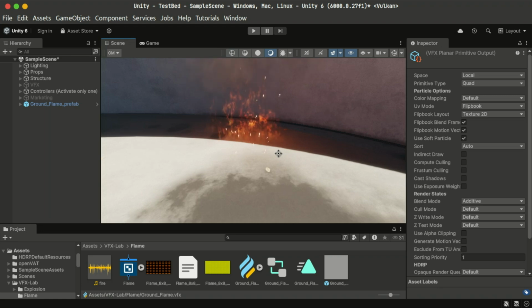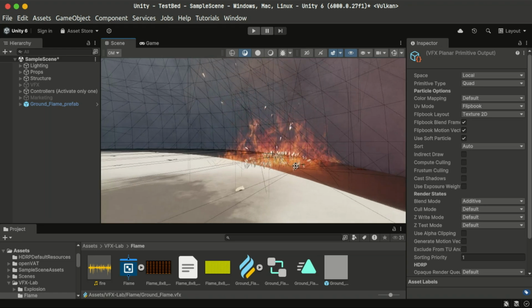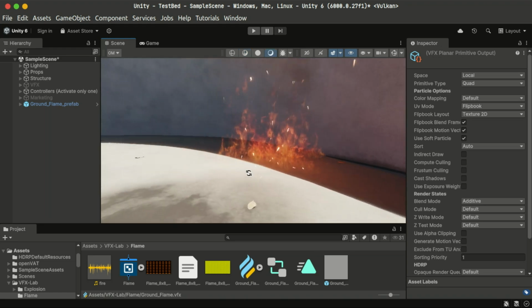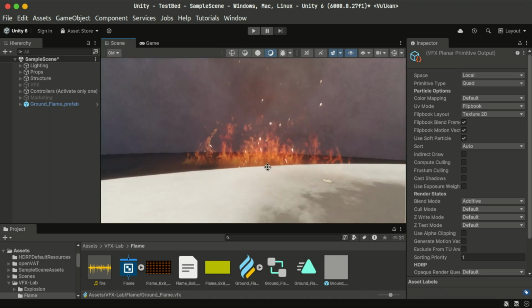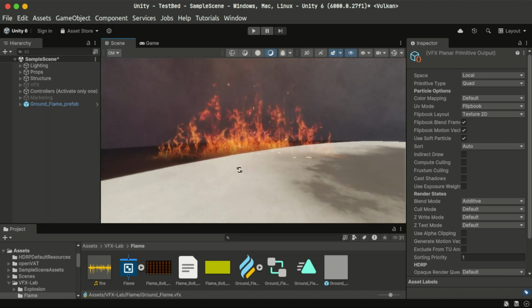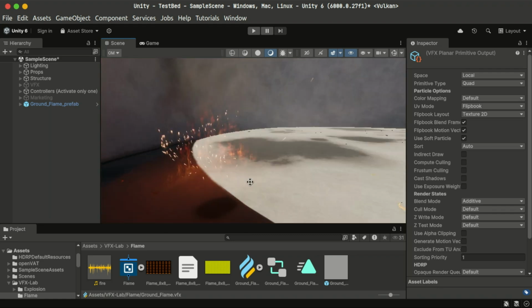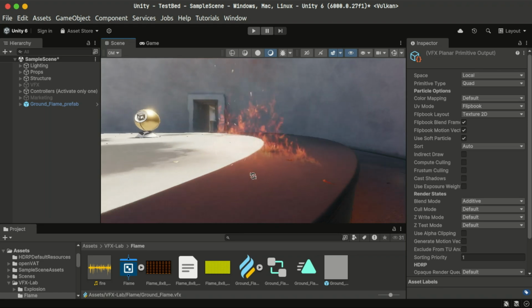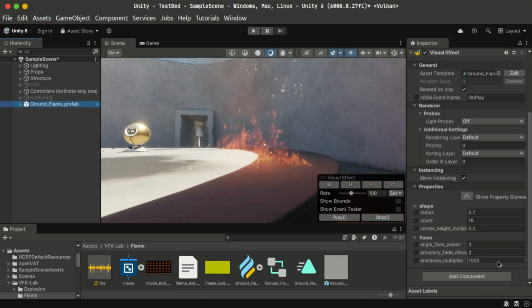I think if we go in this mode, you can see that these quads are facing different directions, but as the camera rotates around, and we see those quads from an angle, they fade out, and when we're looking at them straight on, they have the full opacity. I think the emission is a little too little here. We can increase that, we can make it brighter,